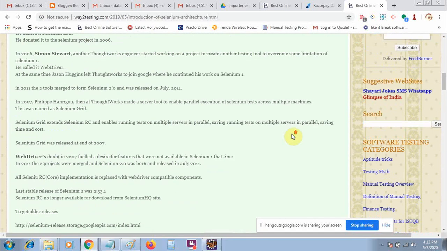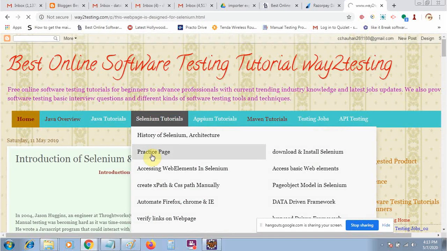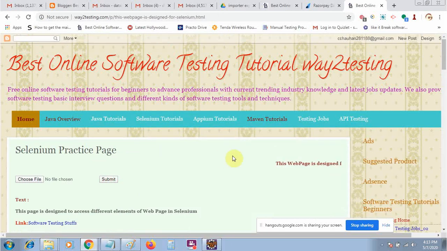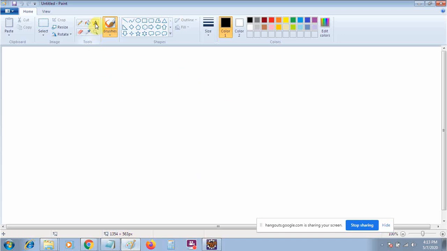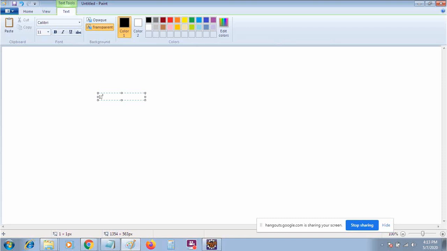Okay. So I am taking a practice page as an example web page. In the practice page, let's see some scenarios. The first scenario is that you need to scroll up to an element, or you can say a web element. Second, you need to scroll some distance, say 10 pixels on the x-axis and 20 pixels on the y-axis. So this will be the second scenario.